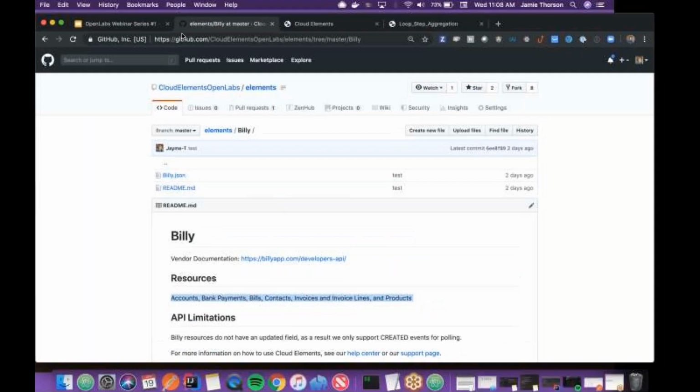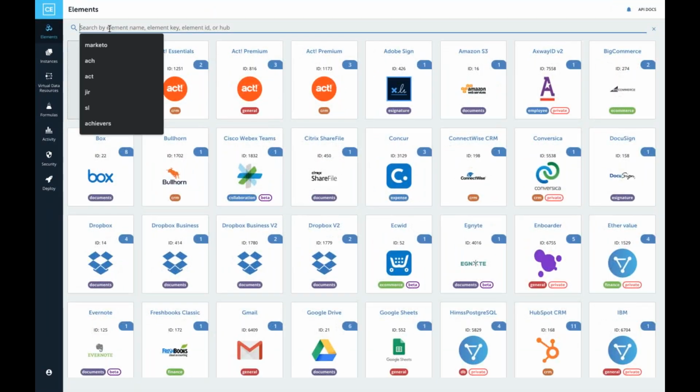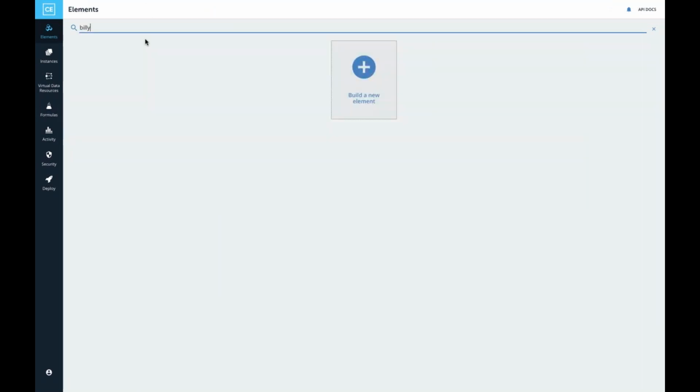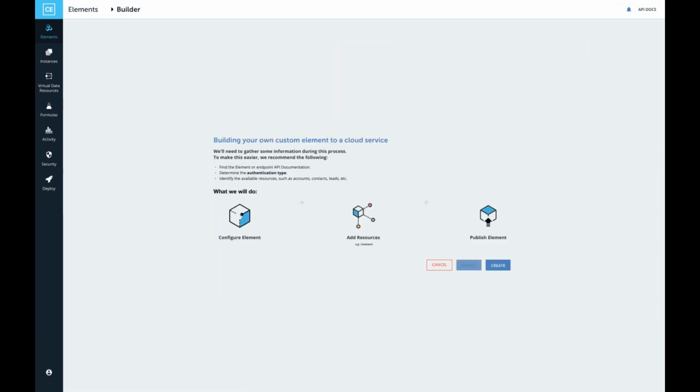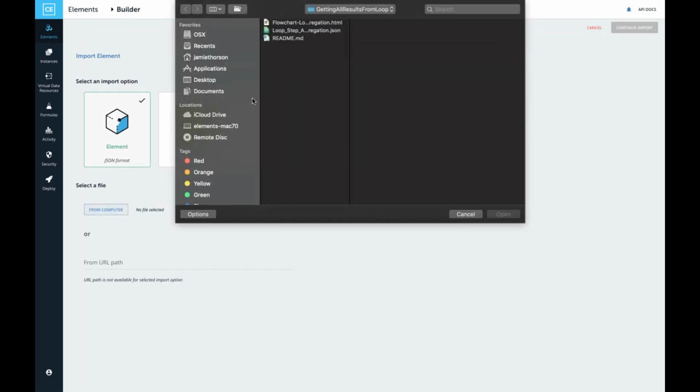So let me go to my Cloud Elements tab. This is my current Cloud Elements, and if I search the Elements catalog, you can see I don't have Billy. But I saw in Openlabs that there was a Billy element, so let's say I wanted to add it here. I could click this Build a New Element button, and then I can import it. And I'm going to import it from my computer because I have that repo